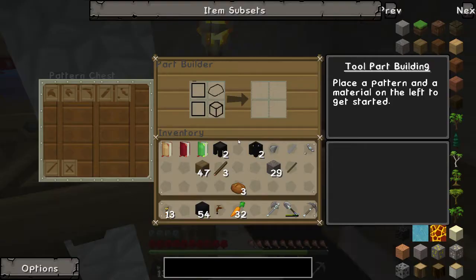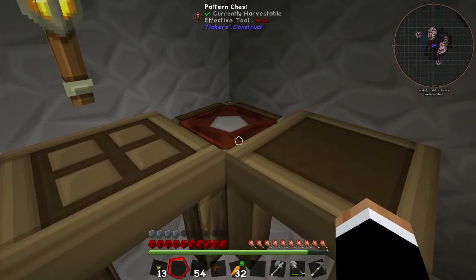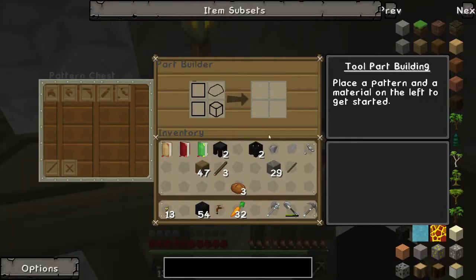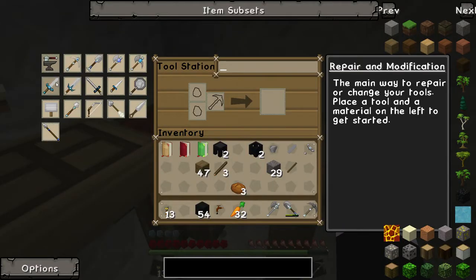You might notice that I'm grabbing patterns to put right into the part builder. I built the pattern chest, so now you don't have to access a chest to put it in your inventory and then click on it. It makes it a lot easier when you're building parts to go about it that fashion. And then we'll go ahead and click on...